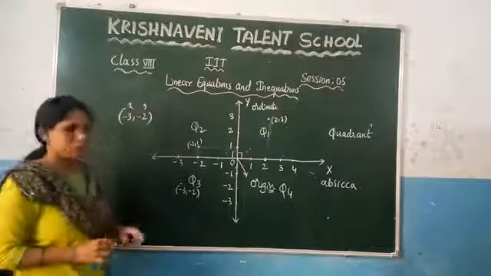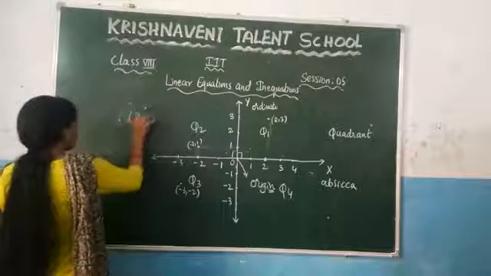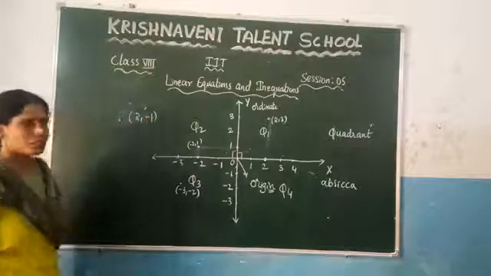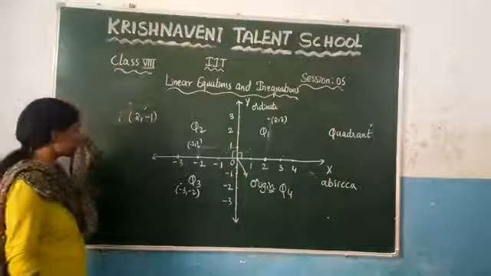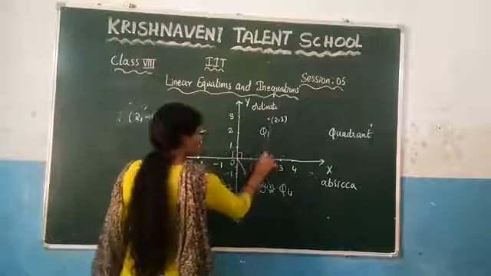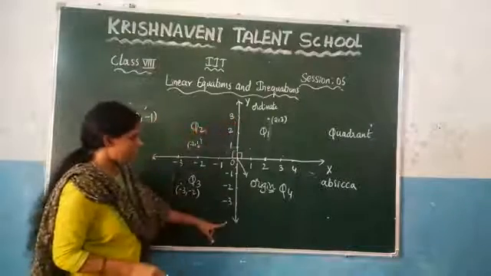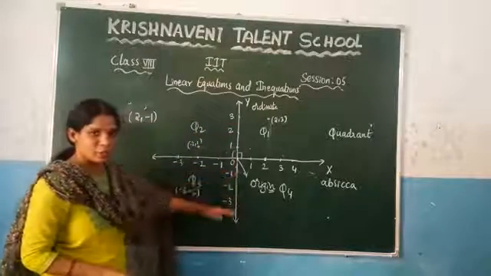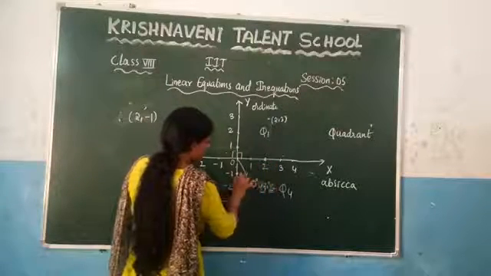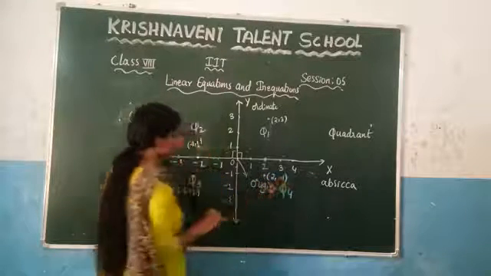Now let us take one more point here. Take here 2, -1. Consider this point. So now you need to check what the point on the x-axis is, which is 2. So go to 2. And what is the point on the y-axis, which is -1. Now you know that this is the y-axis. Here, -1 is located below 0. So this is -1 and this is 2. So where it is located, intersecting at this point, this will be 2, -1.